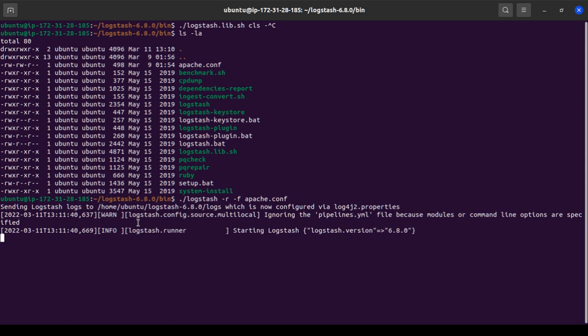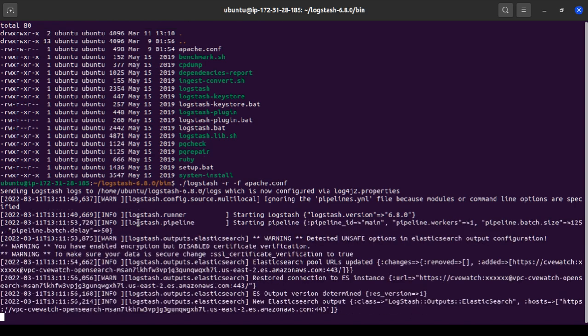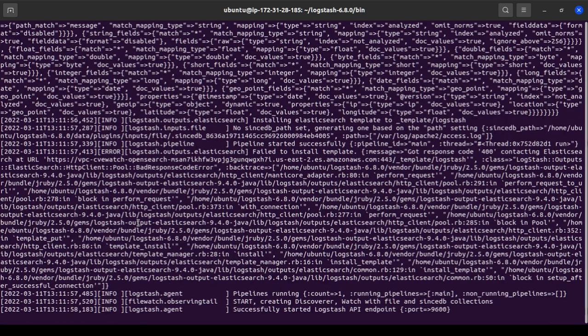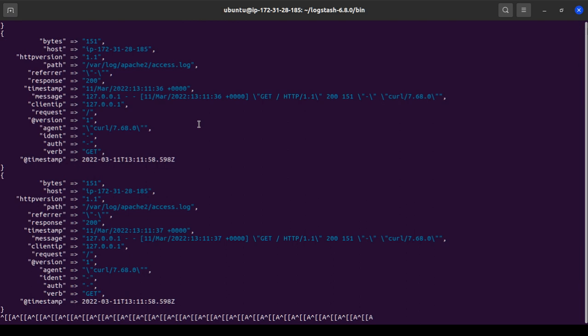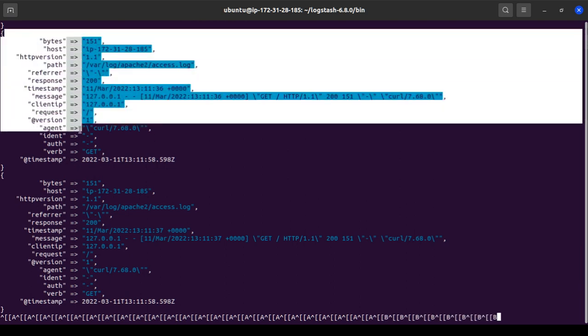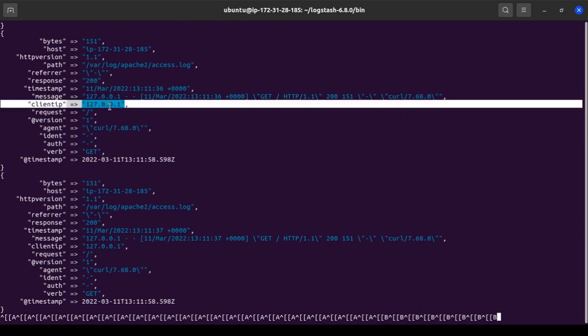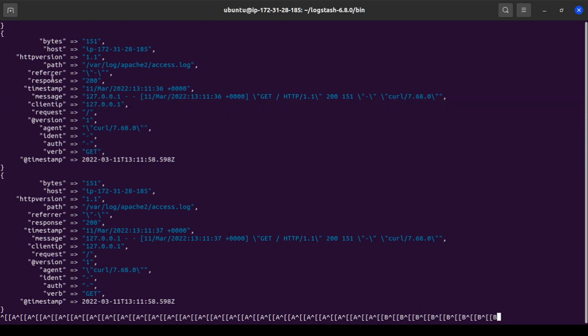You know that I called the curl 2 times, right? So let's make sure that the request is parsed and shown here, because I use the standard output for the output. Let's wait. See, so this is actually the example of the parsed log. You can see that the client IP is the localhost because I do curl from the localhost, and these are the 2 requests that I created from curl in the localhost, right? So basically, when the request comes in, it will be parsed by Logstash and sent to the OpenSearch. Now we can expect that this request is in the index.